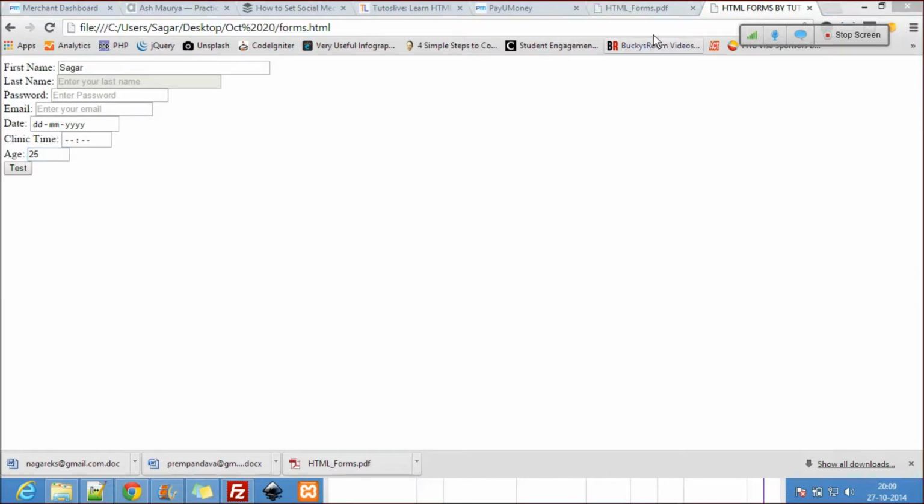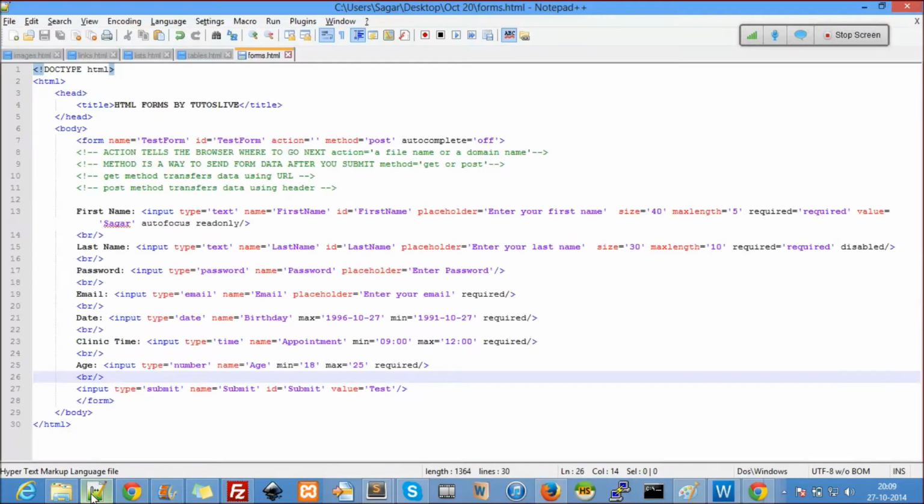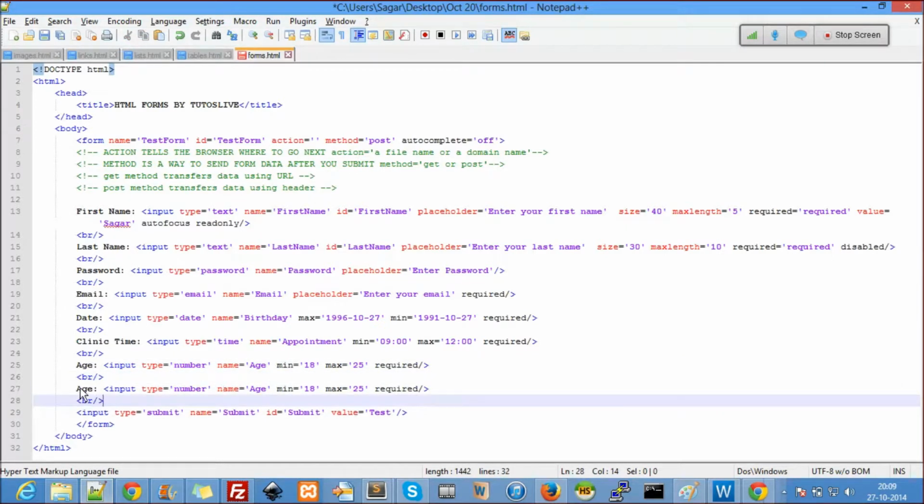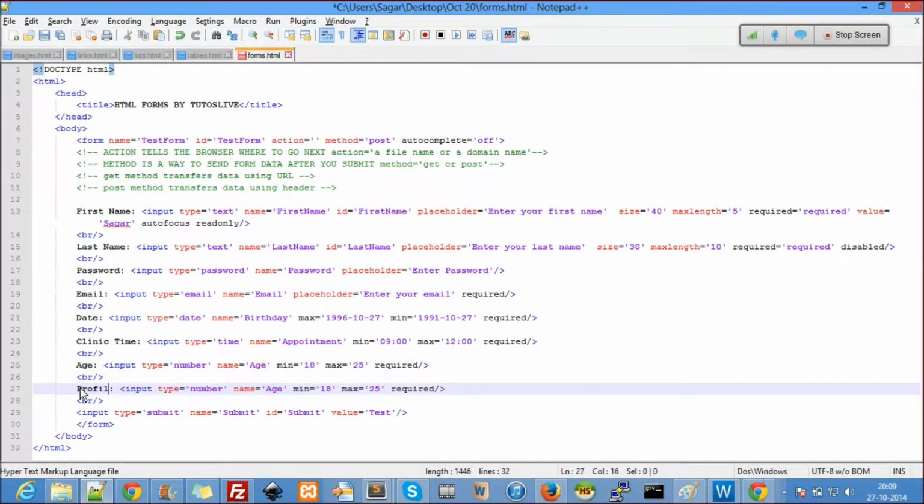And the next most important thing, very important things, we are only discussing input type, right? So we still have 3 more very important ones. Now here I want to have a profile picture. Just file, let's say profile picture.